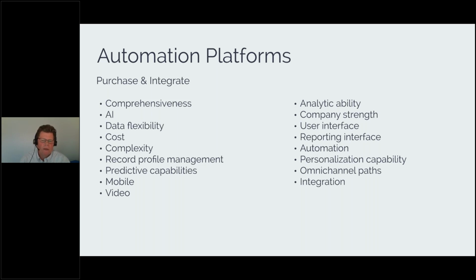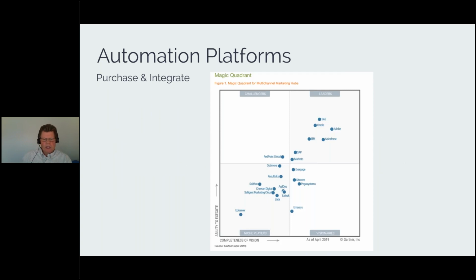But they do this for all the big players that are out there now. You don't have to write that down. It's in your handout and it's in the study. Here's the summary. So if any of you aren't familiar with Gartner, Gartner looks at a number of different industries